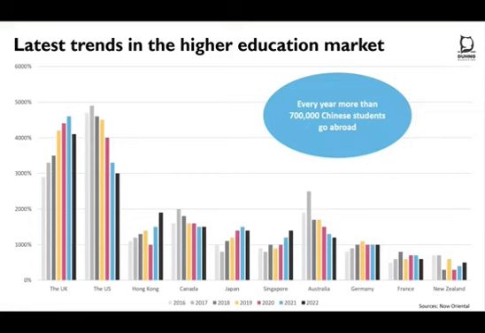This is now Oriental as a source, so we can definitely see that UK and US are a bit losing trends in terms of engaging with students, but they are still far above the others. We can see also many other countries and distributions across many different countries, so Hong Kong, Canada, Japan, Singapore, Australia, Germany, France, and New Zealand, where students are also nowadays going abroad overall. So there is still an open market for Chinese students to go abroad. It has been facilitated this year and will continue certainly next year.